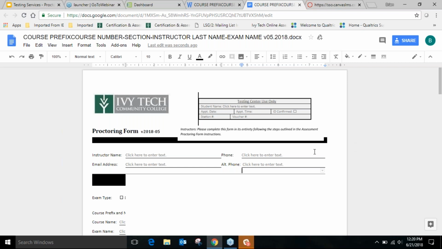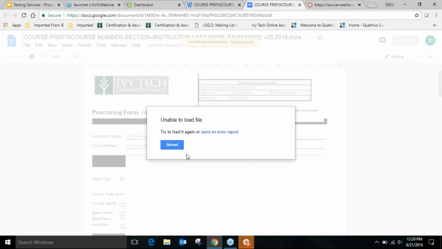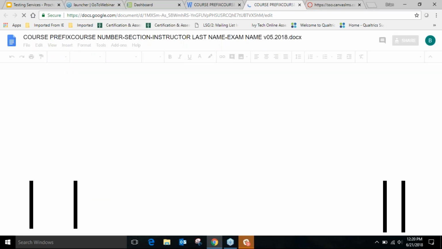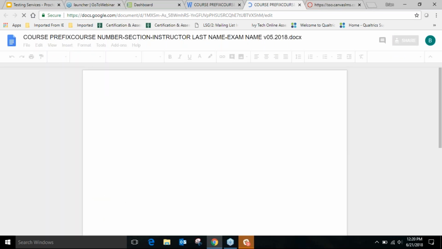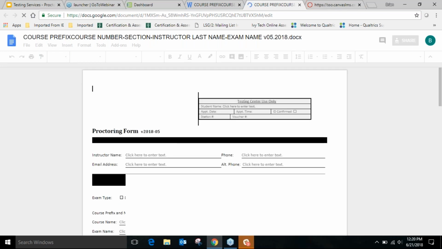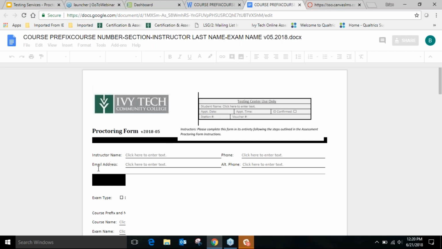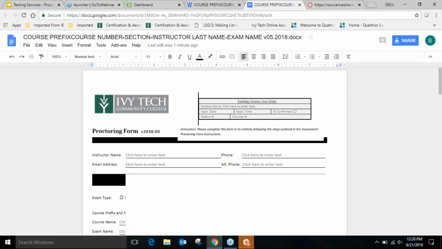And probably the part that our testing centers look for the most. I wonder why we're not loading here. Okay. I don't know why it's not loading where I want it to, but